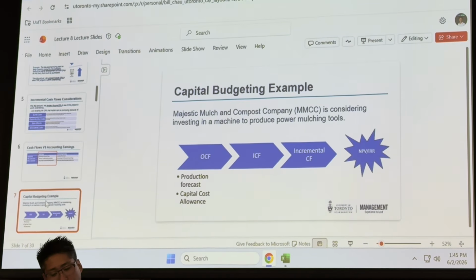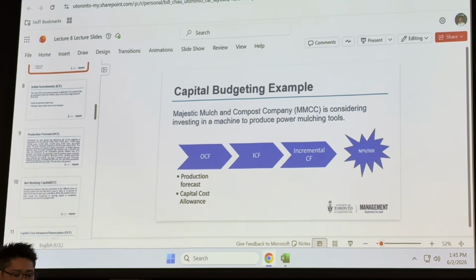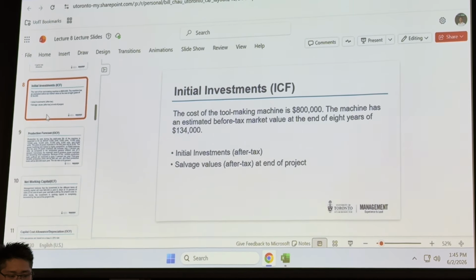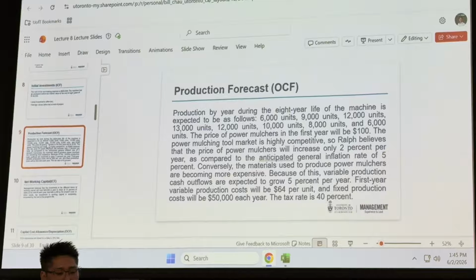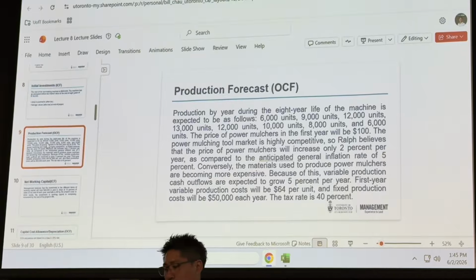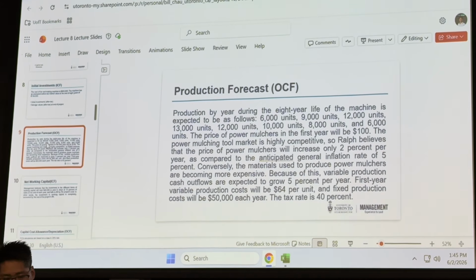So these are different parts. In your mind, you should have a clear step-by-step process to build one table at a time until you get to the end, which is to find the NPV or the IRR. So now we're going to start with the first one. I should move these slides around. I would suggest we start with production forecast. Going back to the case again,